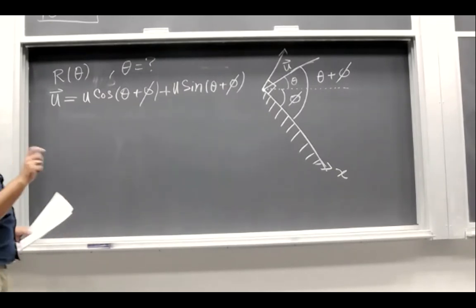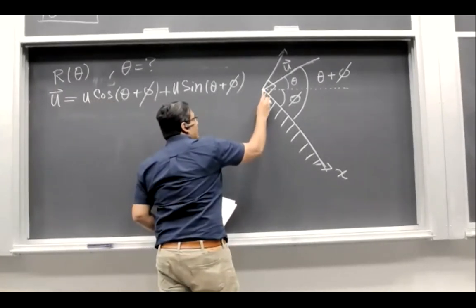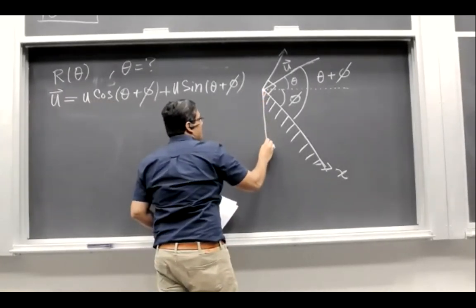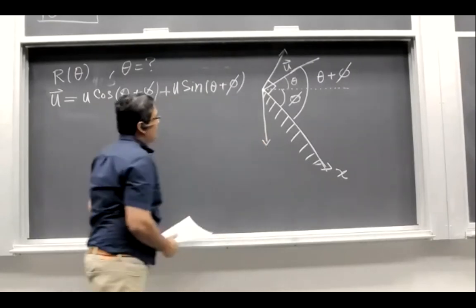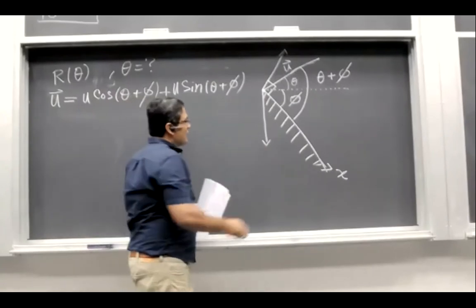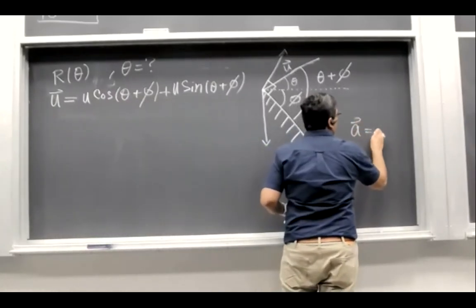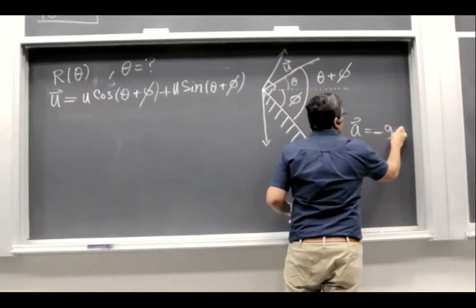Now the question is, how do we express acceleration? Acceleration is always pointing in this direction. This is acceleration. So how do we write? Now it's no more the case where we had this situation that acceleration was simply minus g j.